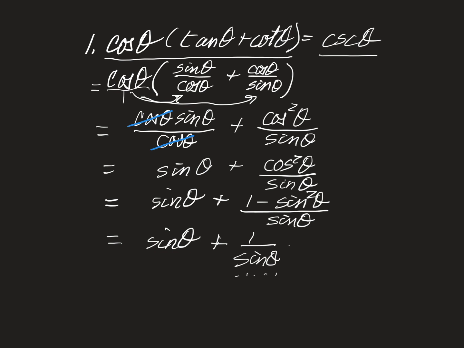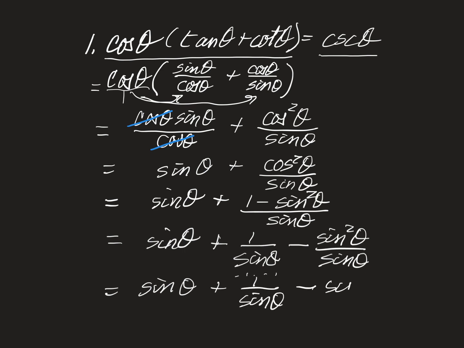And then I'll have minus sine squared theta over sine theta. Okay? Oh, I see. Sine squared over sine, doesn't that cancel like x squared over x and just leave me a sine? So I get sine theta plus 1 over sine theta